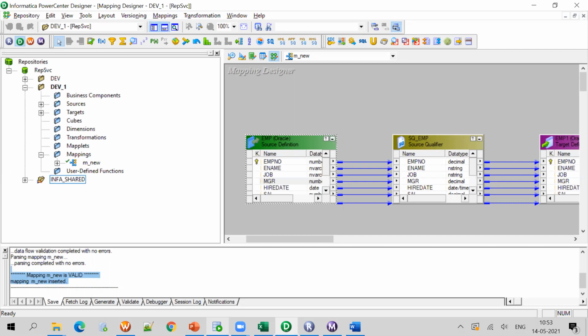Once you know about transformations, at that point of time you need to know about SCD type 1 and type 2. There are many things you need to learn in Informatica. I'll show you all those things. And maybe after 2 days, I'll be giving the working sessions to you. You need to complete it by the next class or in 1 or 2 days. You take time and do it yourself. This is how the sessions will be.